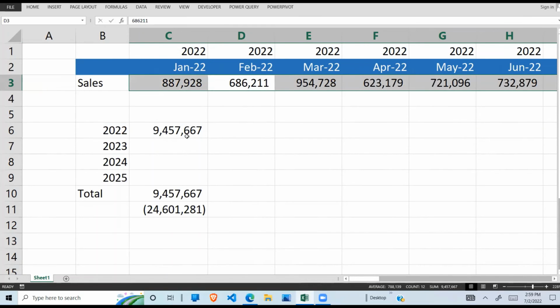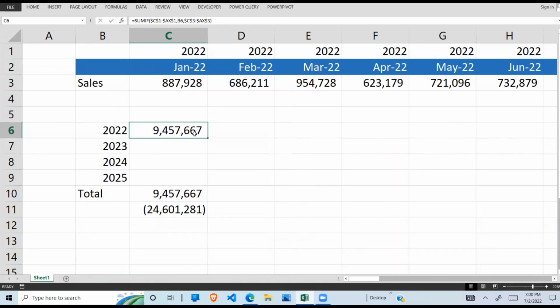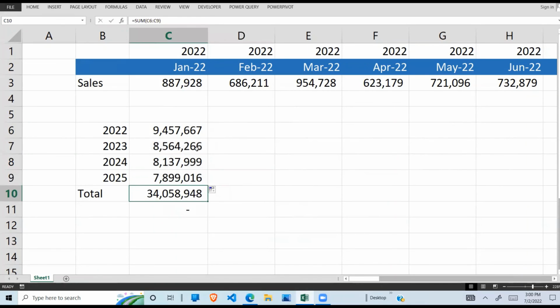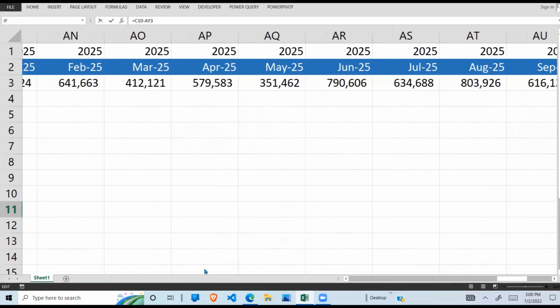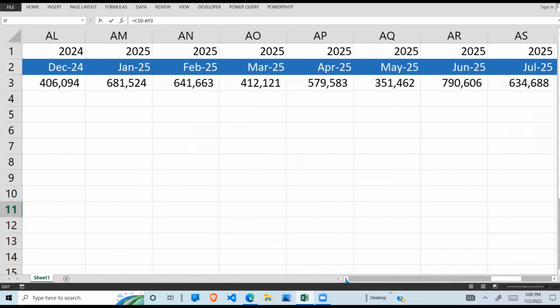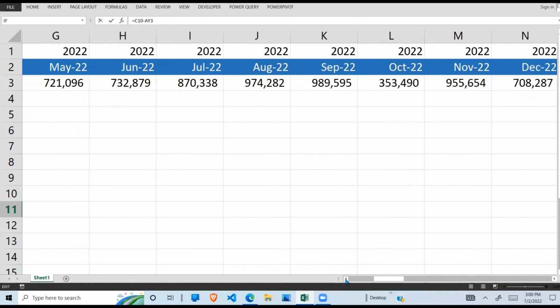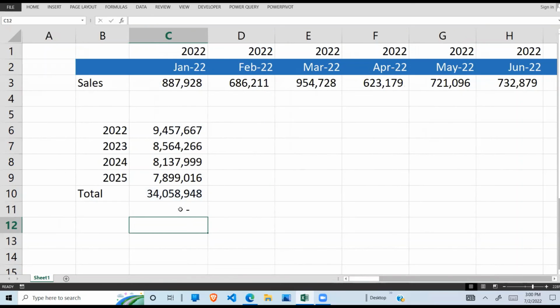Now that I'm sure of that, I can just copy my formula down by clicking the cross and copying it down. And it will give me the total, which I'll also double check by putting in a check here where I say C10, the formula here, minus the overall total, which I have in AY3. And it gives me a difference of 0. So with that, I know that I've got it right.